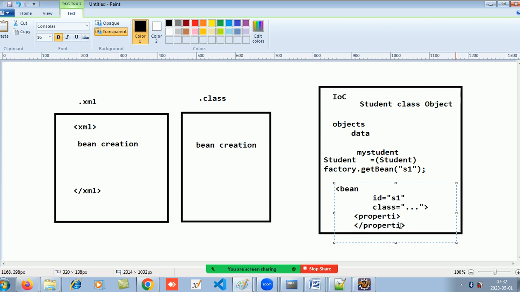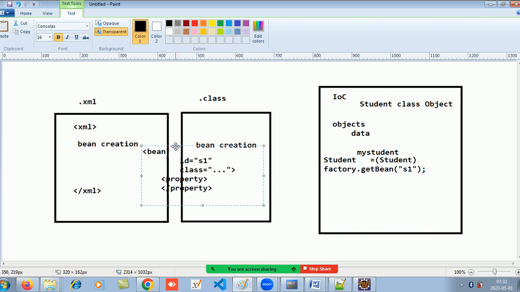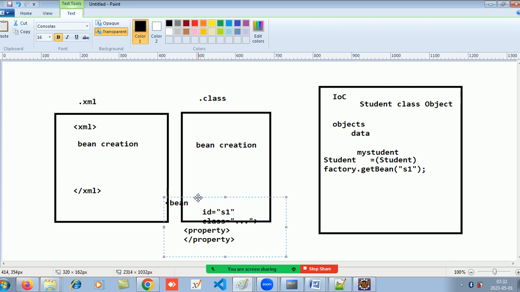बट ये वो प्रॉपर्टी का काम नहीं करेगा जो बीन वाला काम कराता है, क्योंकि बीन वाला बोलता है मेरे को प्रॉपर्टी चाहिए। तो ये वेल फॉर्म भी चाहिए और वैलिड भी चाहिए, करेक्ट? यस सर। तो जितने भी IOC कंटेनर में ऑब्जेक्ट्स हैं उनका डेटा बीन्स के थ्रू जाता है। अब वो बीन्स आप XML में रख लो या क्लास फाइल में, जैसा आप चाहो।